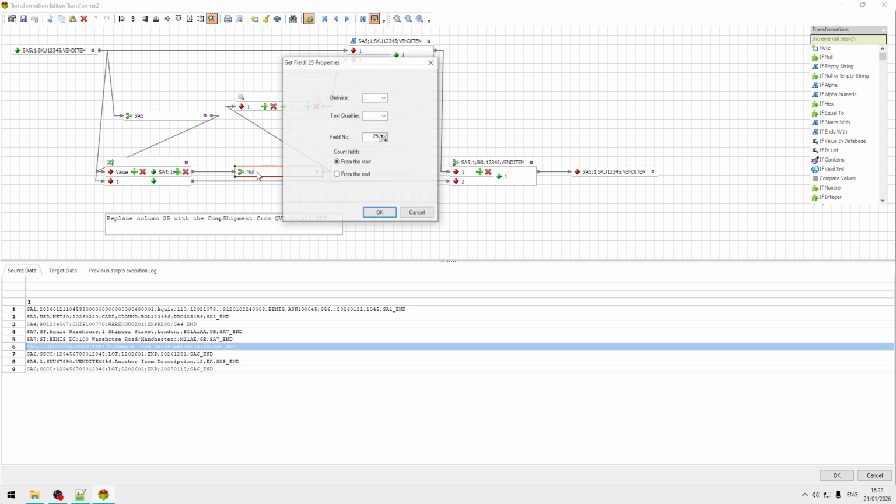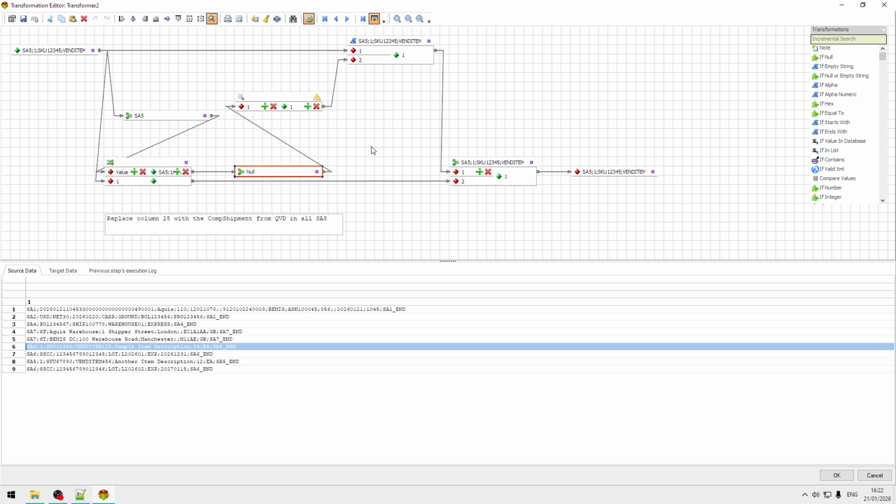So next step we do, we get field number 25, the value. Then we go to the lookup, and we get the new value using lookup. In this case, it is not working because it is just a dummy. So we don't have any data to actually process. So we go to the lookup, we get the new value, and then what we do, we